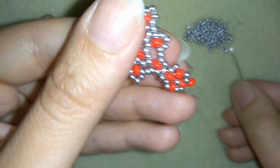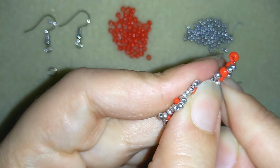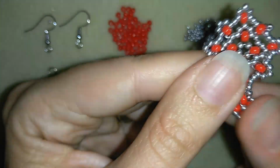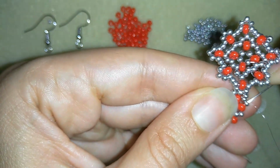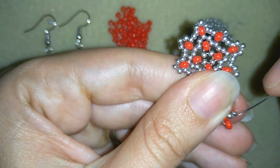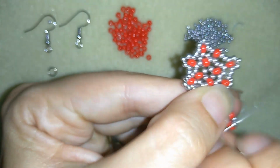And here, as I'm exiting from this silver, I'm taking just one more, and I want to go through this one like that, and also through the following silver and red. Okay, here what I do is that I go through these two silver beads,